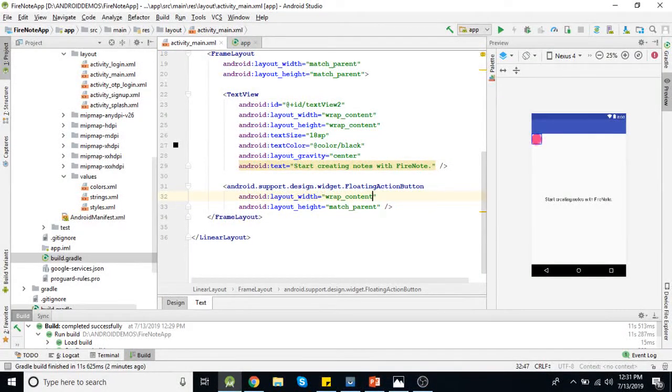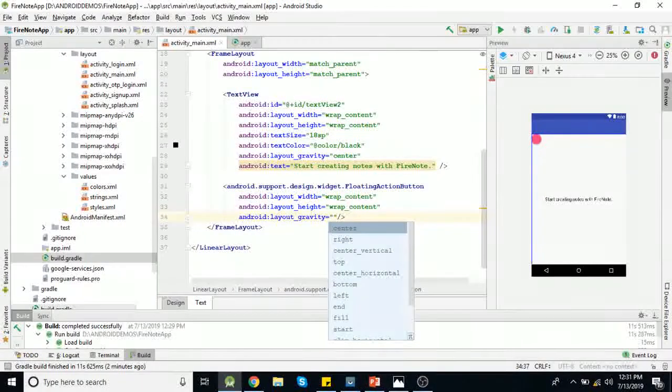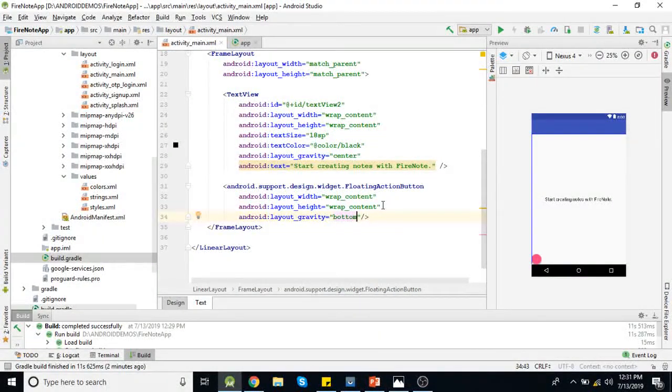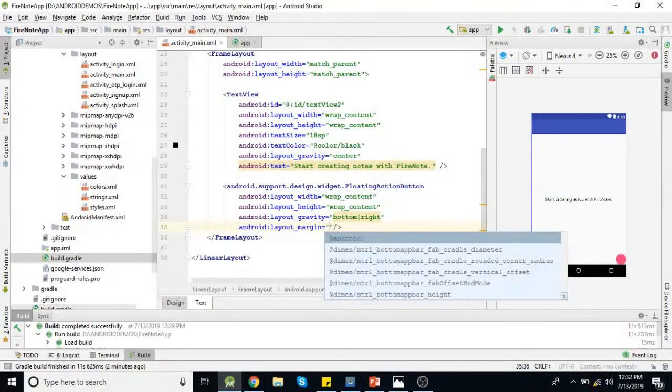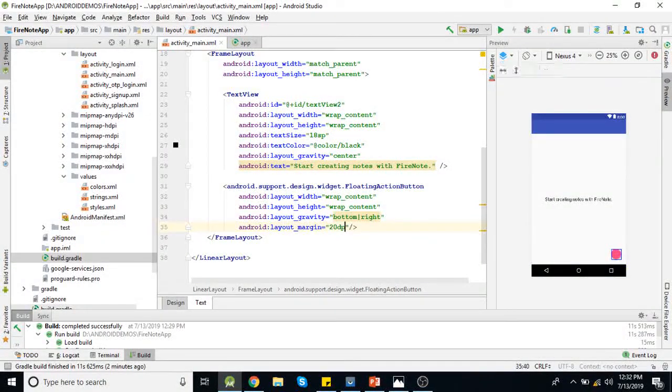If you keep this wrap content, it will look like this. This button we need it at the bottom, so layout gravity will be bottom right, and we are going to add some margin. So let's say margin of 20 dp. I'm giving some size here, say 60 dp, and height will also be 60 dp.